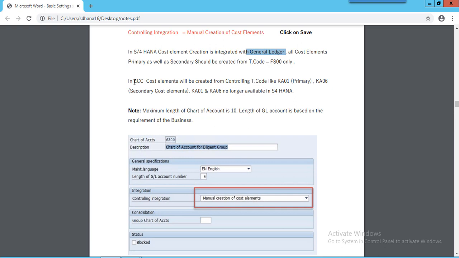In ECC, for primary and secondary cost elements there are separate T codes for cost element creation. Now both these T codes, K01 and K06, are no longer available in S4HANA. The reason is we are not going to create them separately. It becomes part of the chart of accounts and general ledger.